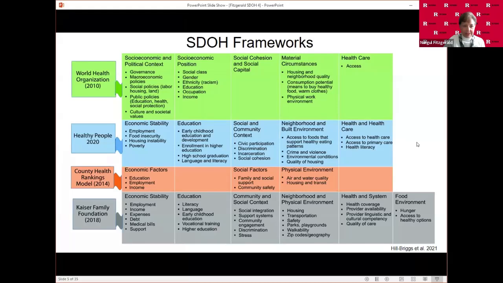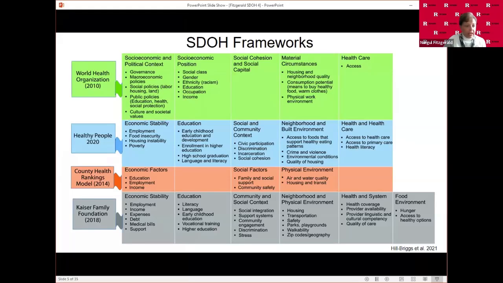And the World Health Organization version that we went over in describing social determinants of health is represented over here. And this was the part that I mentioned that it is more upstream, includes more society level, comprehensive policies and